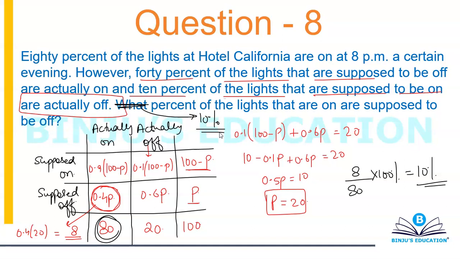If you would have done it by 8 by 100, then whatever percentage value comes out would not go with the statement. Because 10% of the lights that are on are supposed to be off. I guess you must have noted this in all the previous questions that we have done, that language plays a very important role in Venn diagrams. It's not about drawing 3 vertical lines, 3 horizontal lines and trying to find your answer. That's not what it's about. It's about